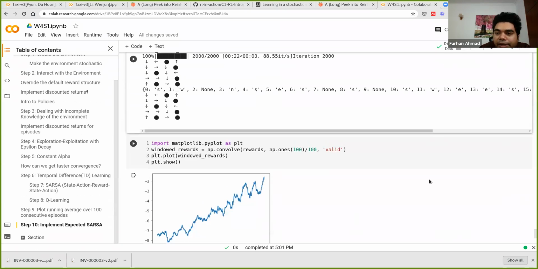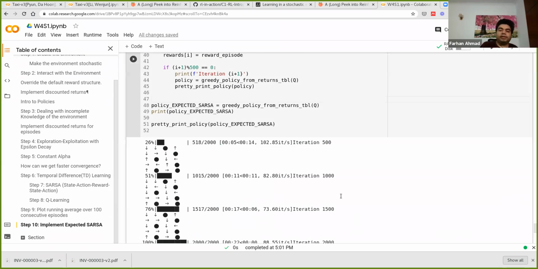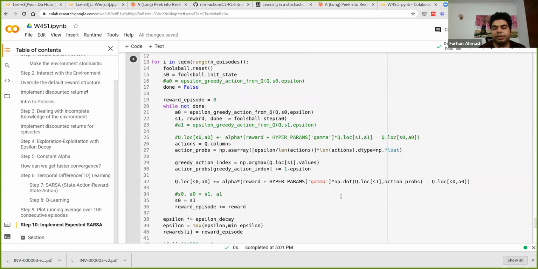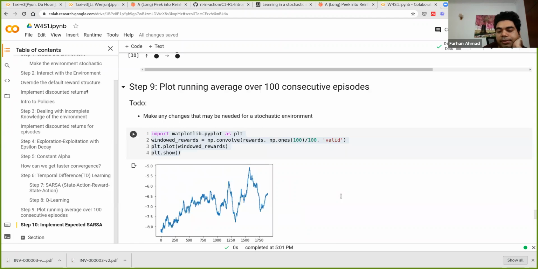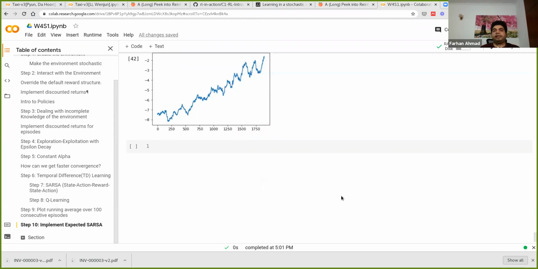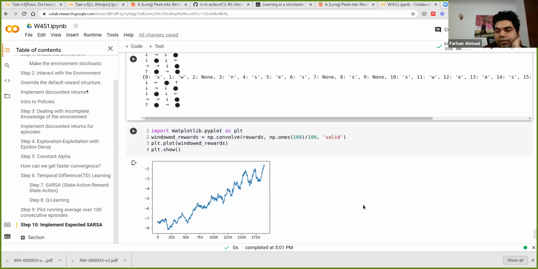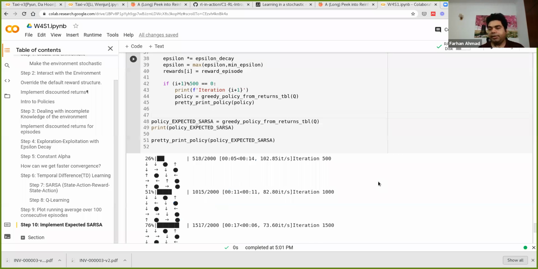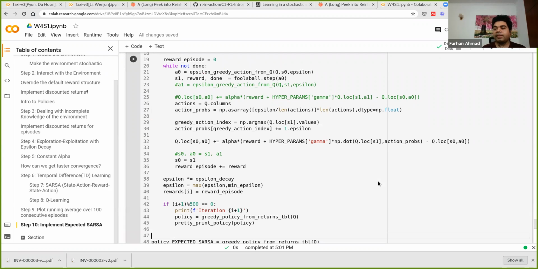So this small variation gives you another algorithm which might outperform SARSA or Q learning when you are dealing with a stochastic environment like this one, right? This is pretty much everything that we had to cover in this session. So the key takeaway is that because we have built up an infrastructure and algorithm that is based on sampling and interaction with the environment to learn about the environment, it doesn't really get affected by, at least at this point we believe that it doesn't really have to be changed in any way to deal with environments when there is uncertainty within the environment,